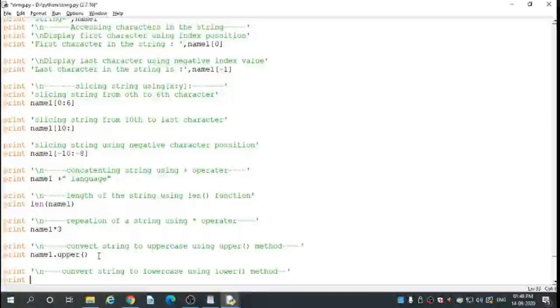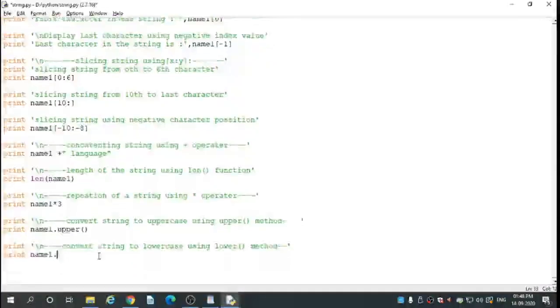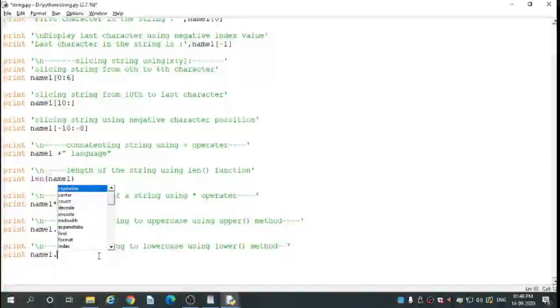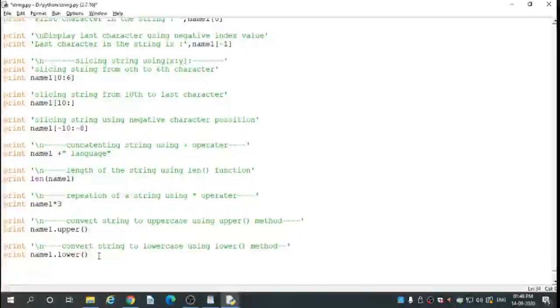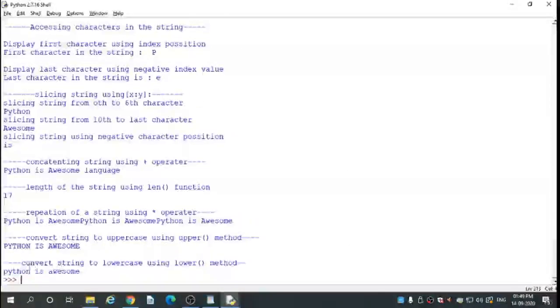I print here name1 dot lower method. I run this code here. So here convert the string to lowercase using lower method. So here all characters are in lowercase.